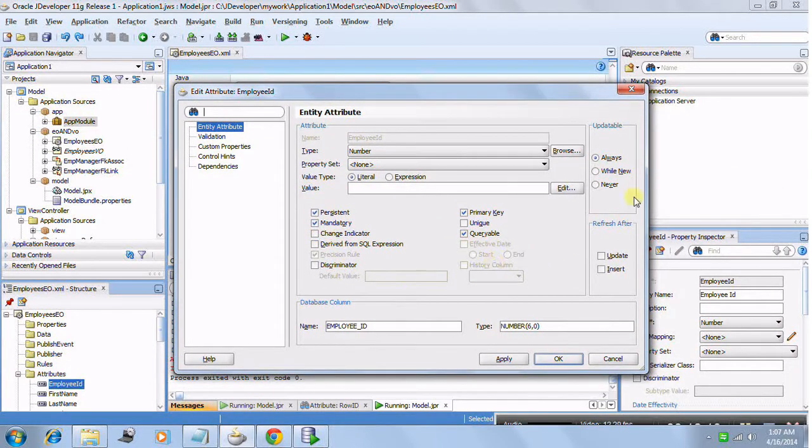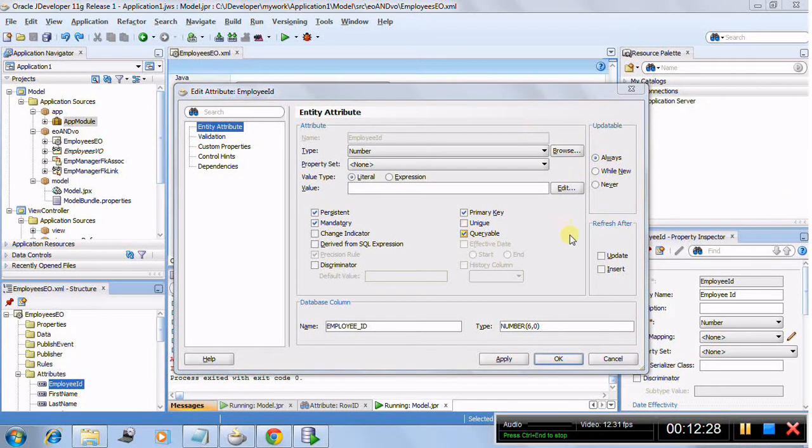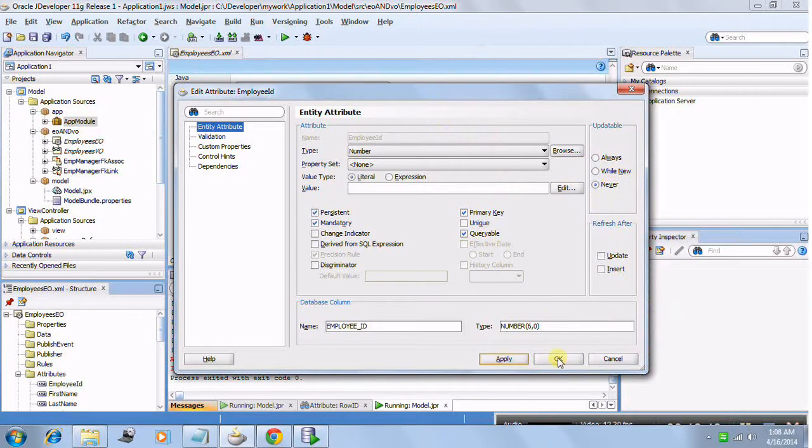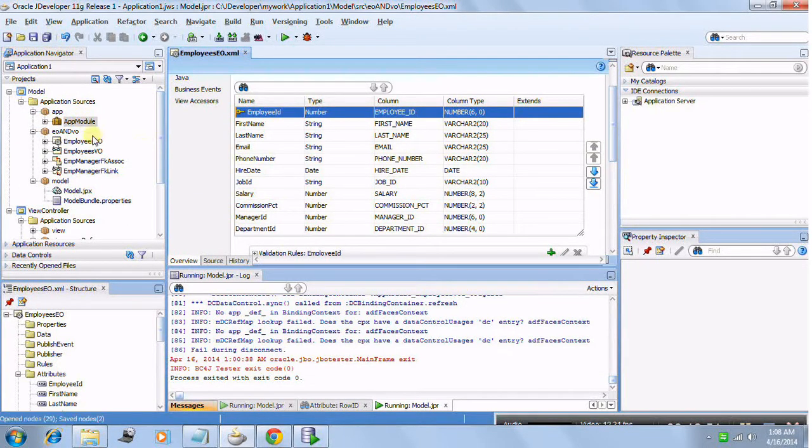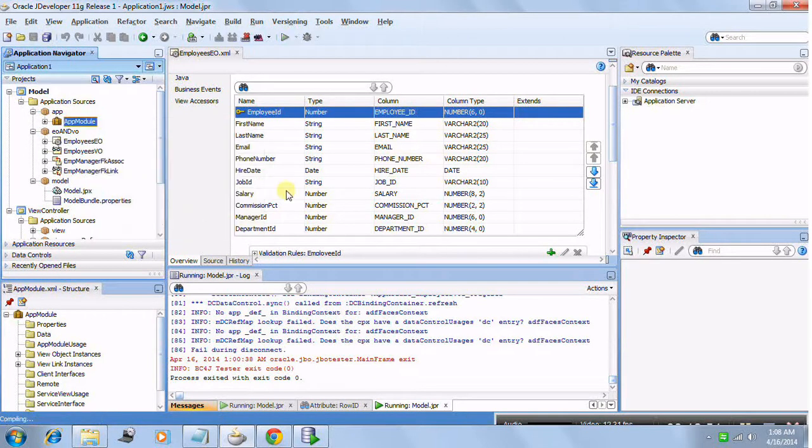And other things here are like updatable. So here you say that this employee ID is always updatable, or while new, or never. There are 3 options right now here. Okay, if you click always, then the UI with which you are presented by ADF, the model tester that you are seeing, you will always be able to modify the data inside that. See, you remember that form came and we were able to modify each and every field, but if you click never, and apply it and click OK, and then just save and run it,